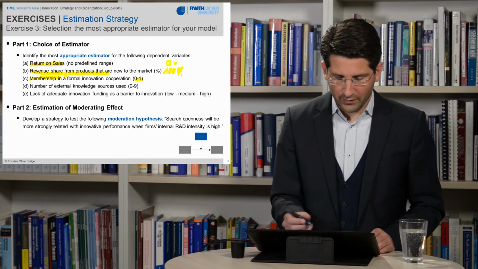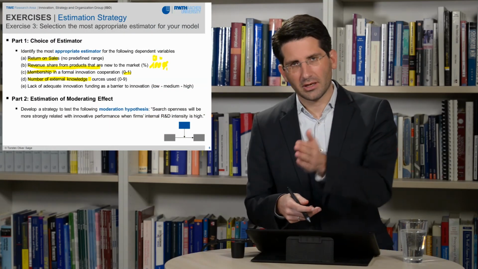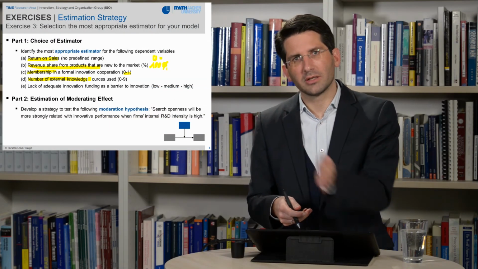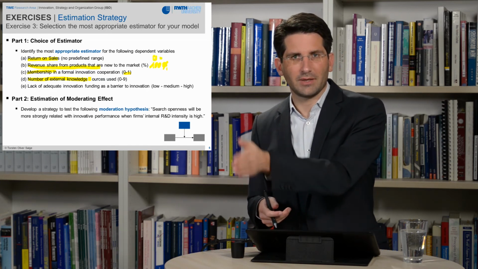The fourth dependent variable is a count variable. And here at stake is the number of distinct knowledge sources the organization draws upon. And let's assume that this can be anywhere between 0 external knowledge sources that inform the innovation process to 9 distinct knowledge sources. So you're counting the knowledge sources from 1 to 9. There can only be 1, 2, 3, 4, 5, 6, 7, 8 or 9